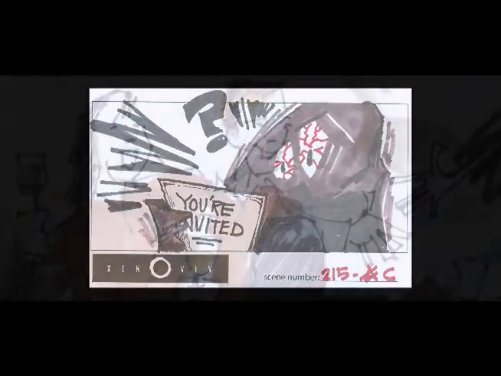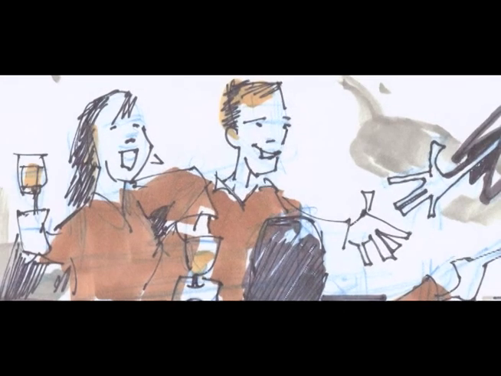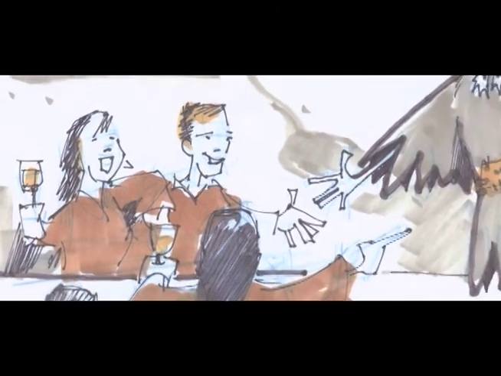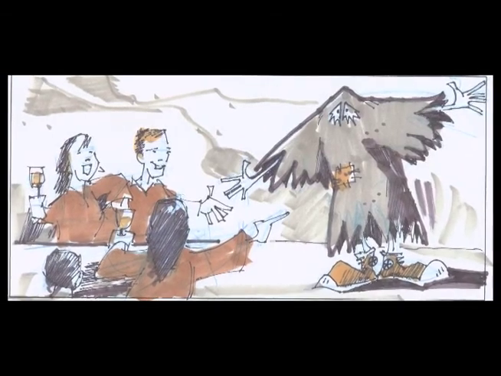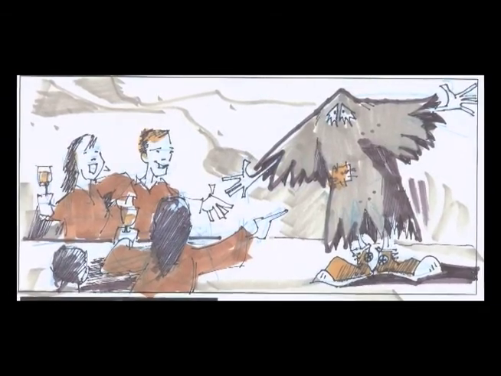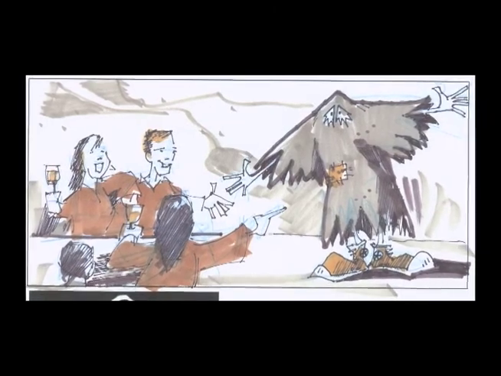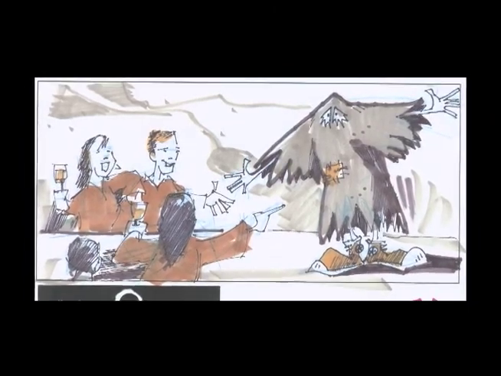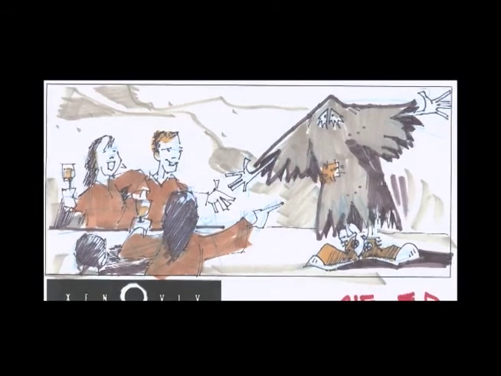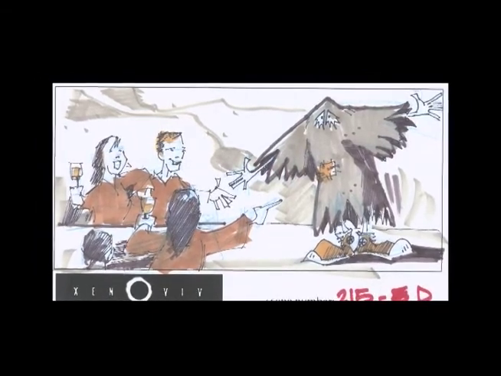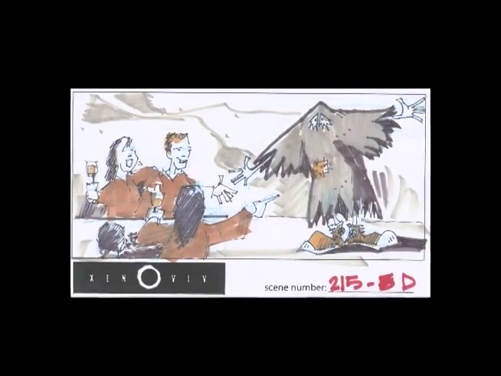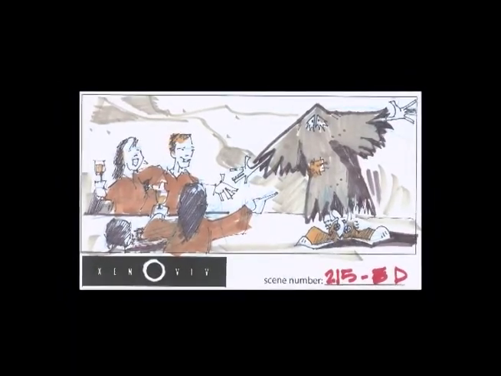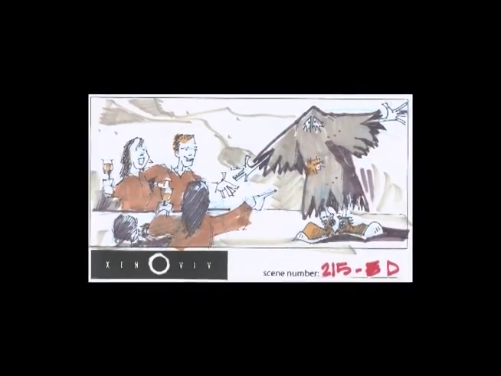So in 215D, at the close of that scene, what ends up happening is that the colonists, who've already got the food and the entertainment prepared, end up dressing up like Mercs. And ultimately, the colonists feel like the dinner is a huge success as far as building a bridge between the two people groups. And ultimately, this scene was cut, not because it wasn't moving or because it wasn't necessary to the film, but more because I think at the end we all just felt like this particular scene was just too silly. So I think the idea of a Thanksgiving dinner was a little far-fetched.